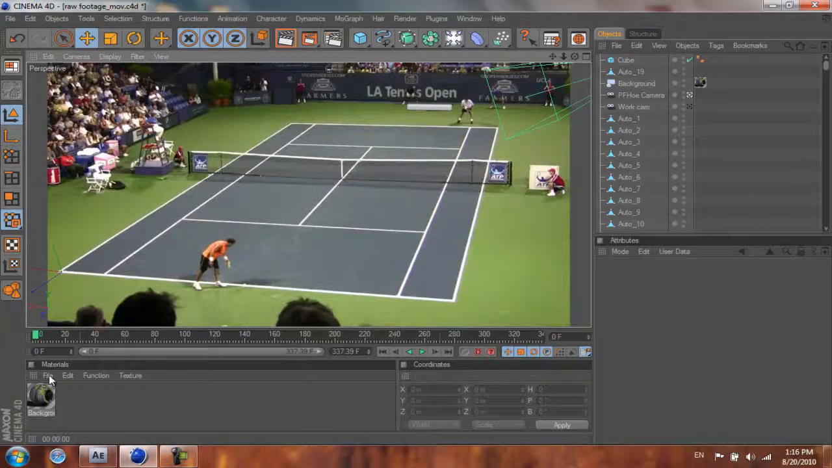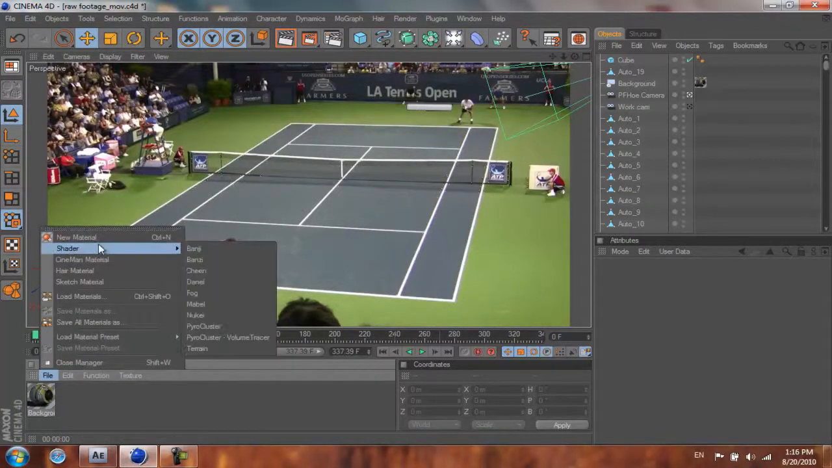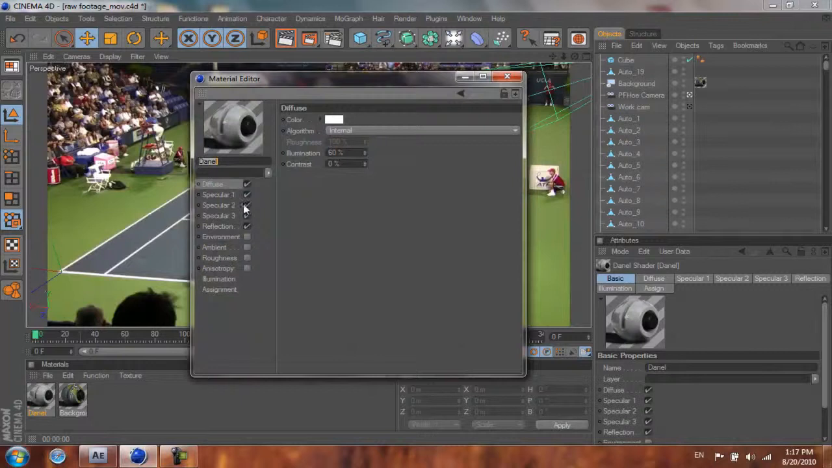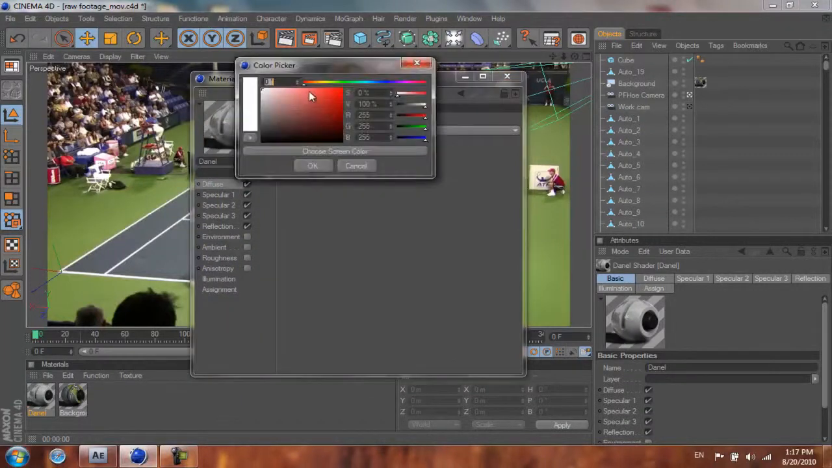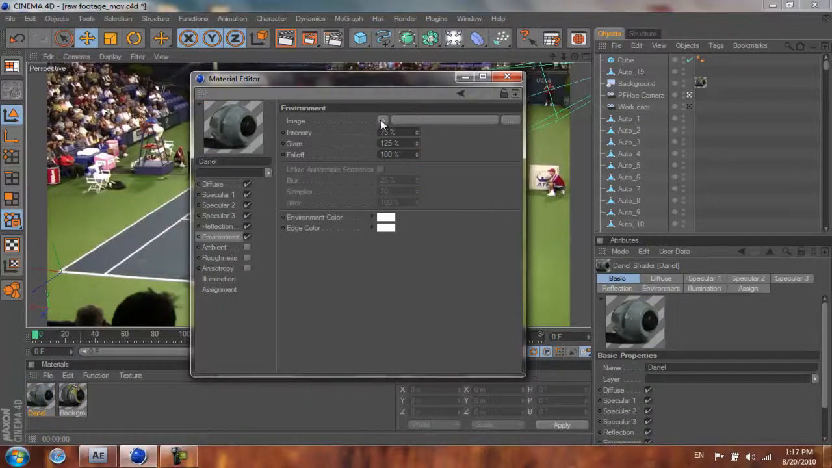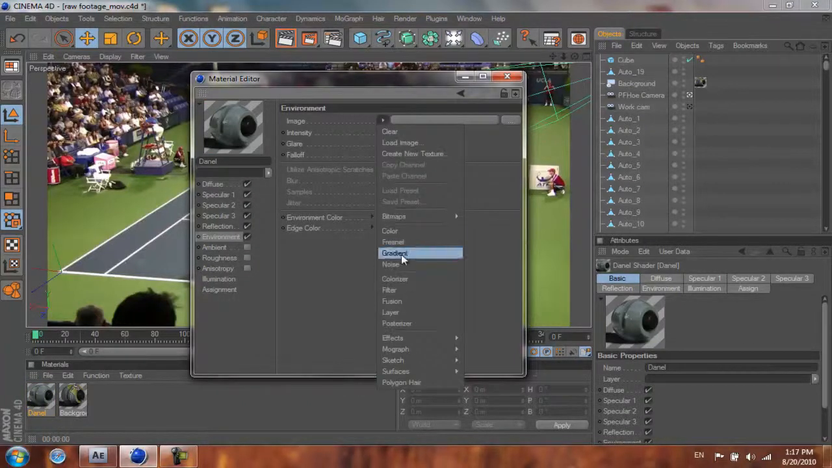Okay, so the next thing we'll do is to create a new material. So file, shader, and we'll place a Denel. Go inside, change the color to a very light green bluish color. Press OK. We're going to check environment. Going to click image,